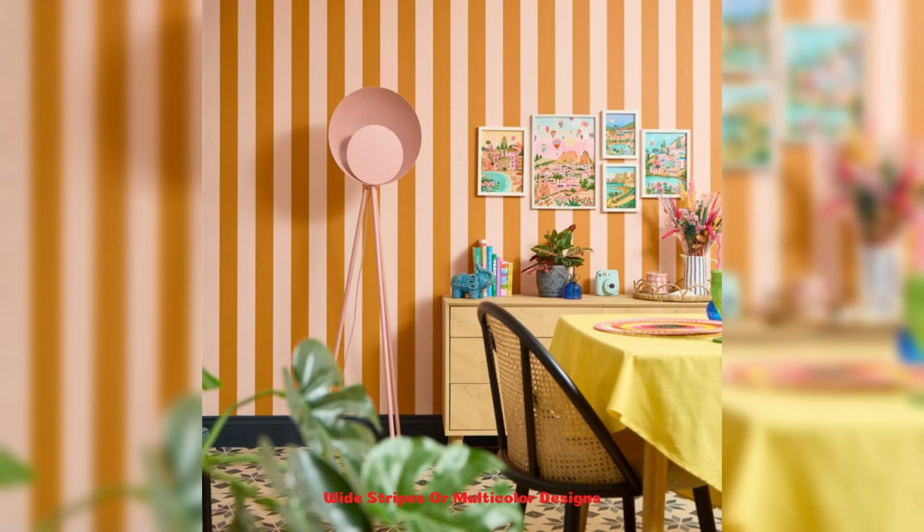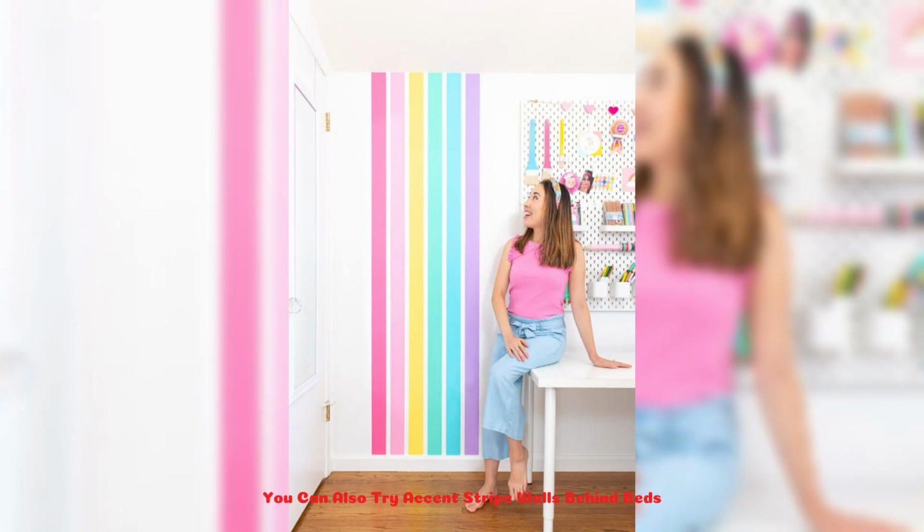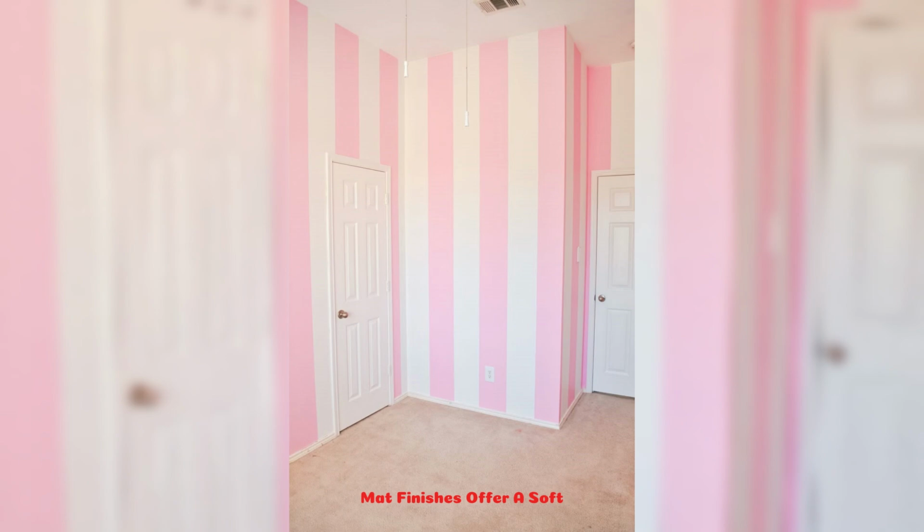If you prefer something playful, wide stripes or multicolor designs work beautifully in kids' rooms and creative spaces. You can also try accent striped walls behind beds, sofas, or TV units to create a strong focal point without overwhelming the room. Matte finishes offer a soft, sophisticated look, while a mix of matte and satin stripes adds subtle